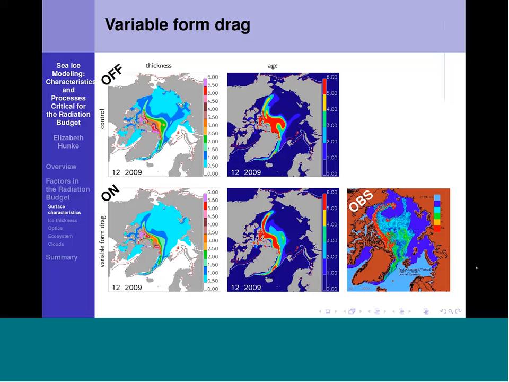This is not obvious in the ice thickness plots on the left, but that change kind of jumps out in the ice age diagnostic that's in the middle. The ice age also shows younger ice over the North Pole and a blob of 3 to 4-year-old ice in the Central Arctic Basin, which is pretty similar to the observations that we see on the lower right.